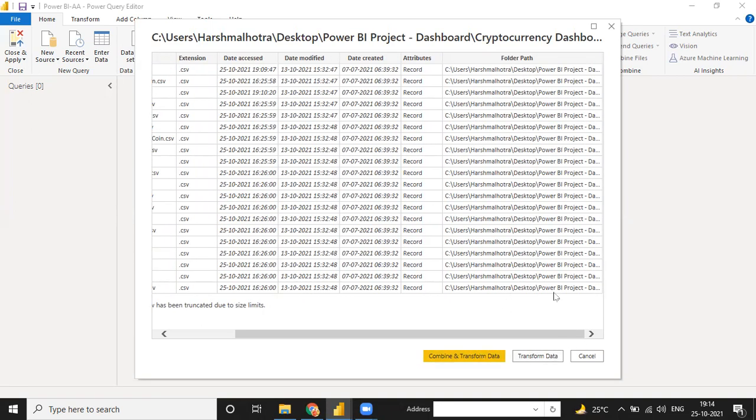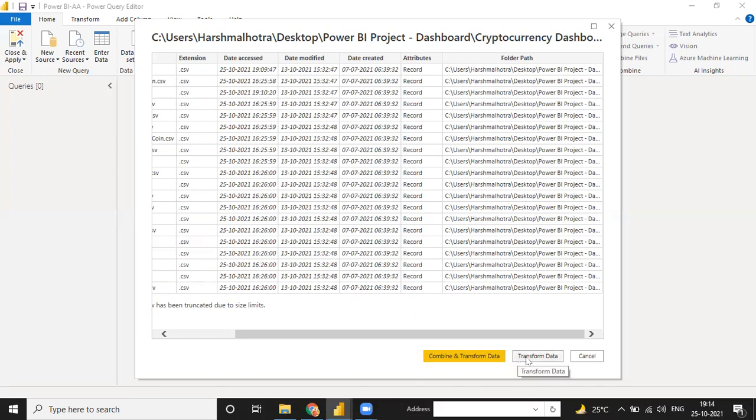And just see, when your table or presentation is good, meaning you don't want to do any transformation on the file, then you can just click on transform and transform data, and directly click on apply. But if you want to transform data, you can transform all the files individually. Right now I need to combine all the files. So I can just click on this combine and transform.